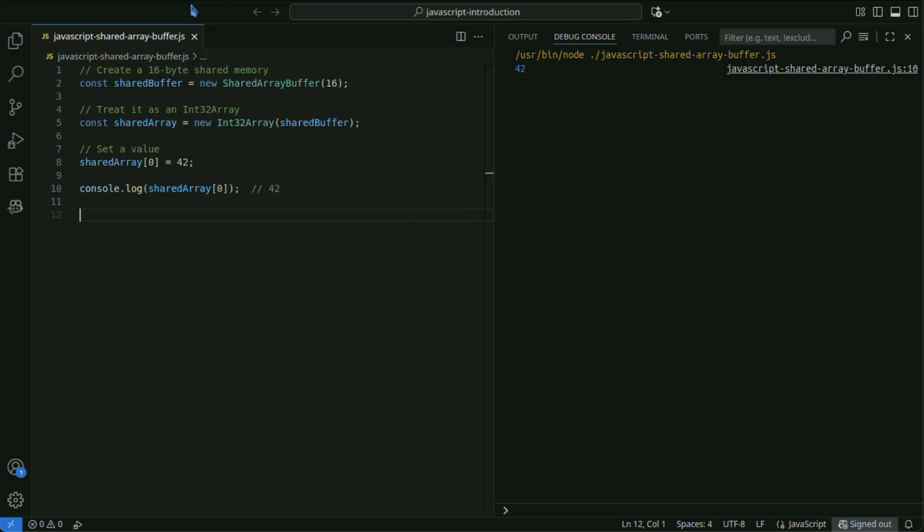The true value of SharedArrayBuffer is demonstrated when used in conjunction with web workers. The following code is an example of using shared memory between the main thread and a worker.